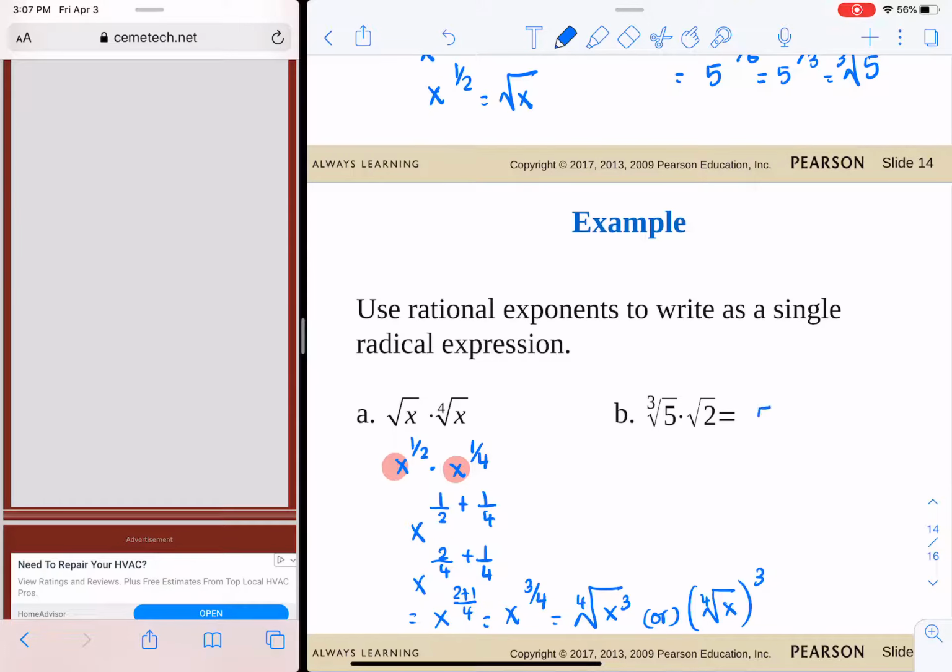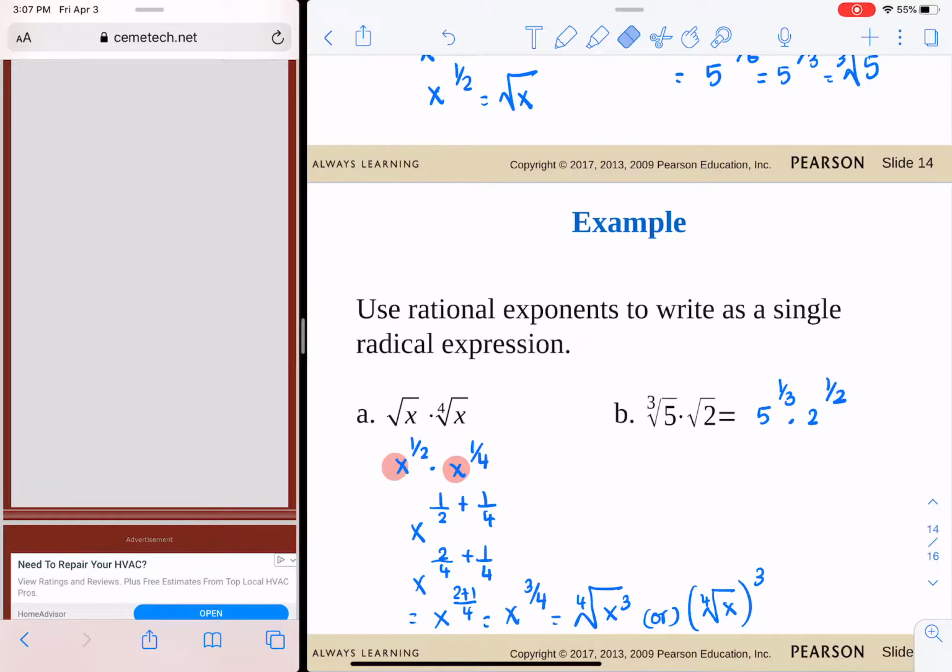Here we have the 5th root of 1/3, fifth root multiplied by the second root of 2. So 5 raised 1 over 3 times 2 raised 1 over 2. If you look at it,